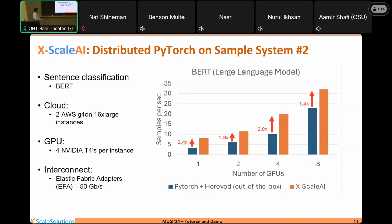And this is another example that also uses distributed PyTorch. This is BERT from Google, a large language model, and we're using the AWS cloud. For this particular instance, the one used is G4DN.16xlarge. If you are familiar with AWS, there are many different types of instances which have different components